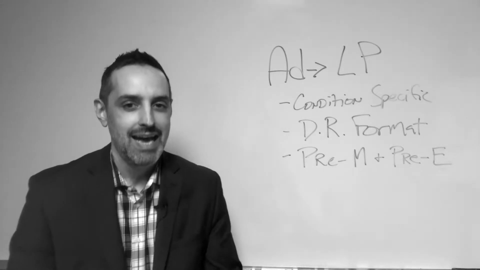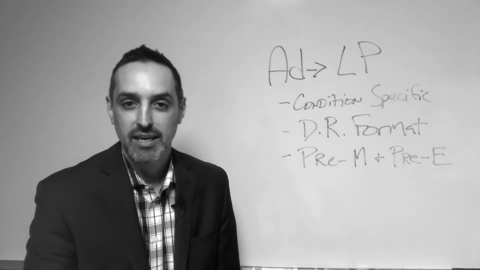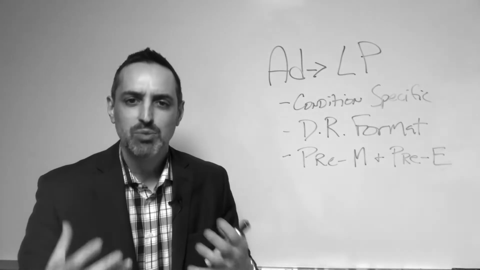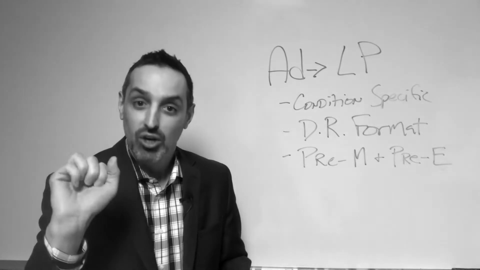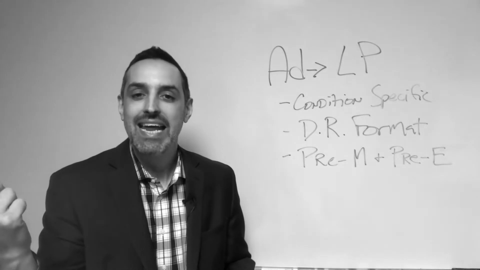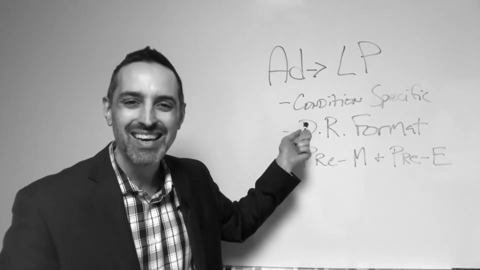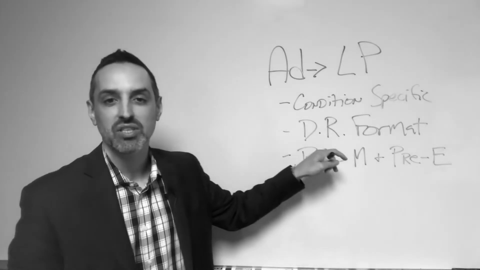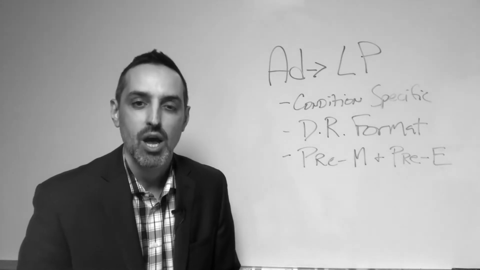So knee pain, sciatica, neck pain. I would do chronic neck pain or arthritic neck pain, pain down the arms, like condition specific, so that when people see the ad, they're like, oh man, that is me. Carpal tunnel, migraine headaches. And then we're going to drive them from a condition-specific ad to a condition-specific landing page, okay?